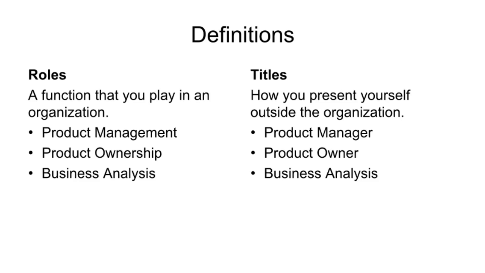The product owner title started out as one of the roles from the Scrum framework. It became a title when organizations started looking to hire product people explicitly to fill the product ownership role. Although the name implies that a product owner owns responsibility for a product, in practice most people with this title end up owning the product backlog and interaction with the product team. Relative to product managers and business analysts, there aren't a lot of people with the explicit product owner title, but there are a lot of people playing the product ownership role.